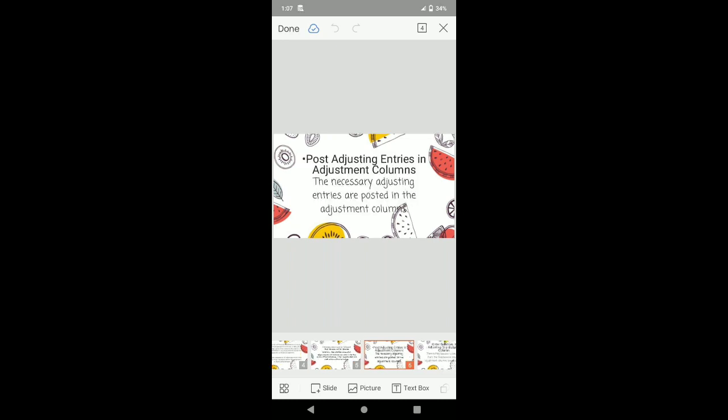Second step is post adjusting entries in adjustment columns. The necessary adjusting entries are posted in the adjustment columns. So, the title of any account that is debited or credited in the adjusting entries but not listed in the trial balance is written on the next line below the trial balance total. The adjustment columns are totaled, after which the total of the debit column should be equal to the total